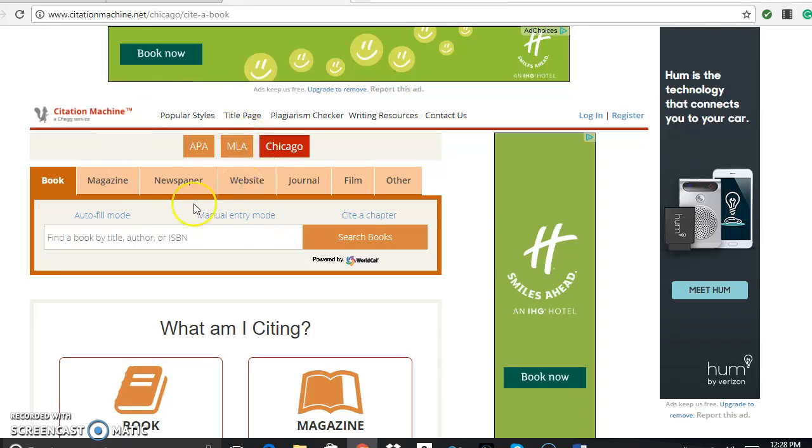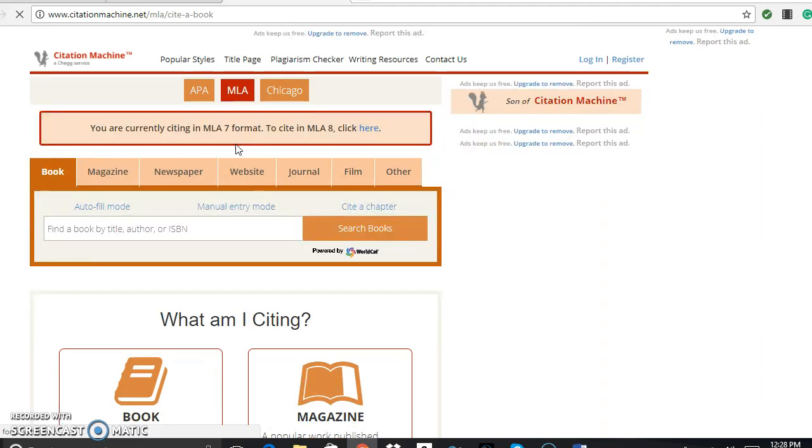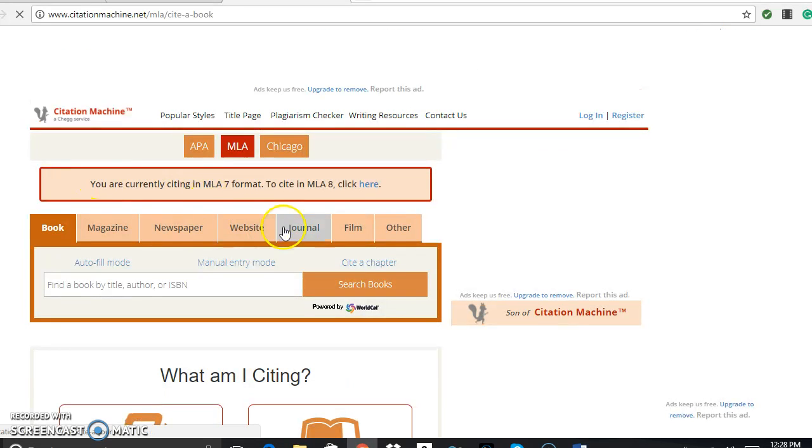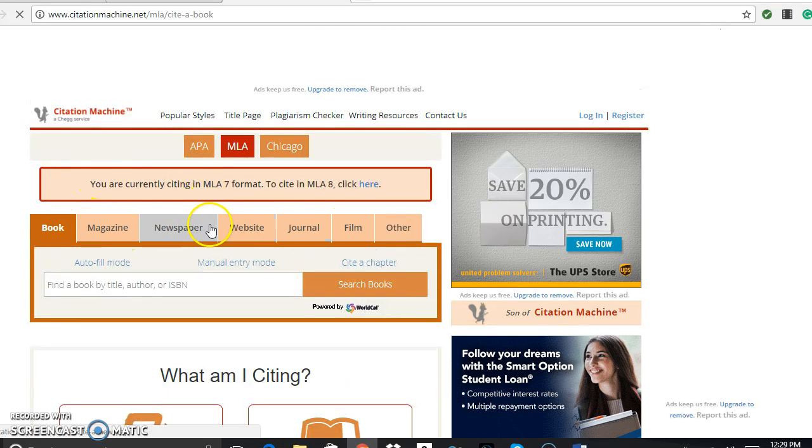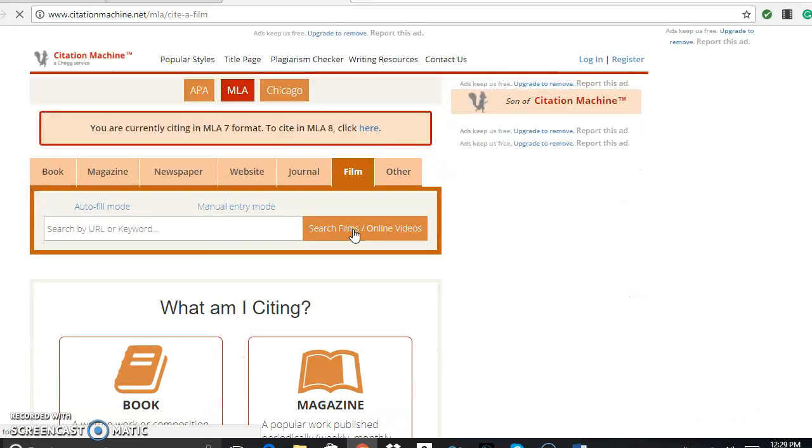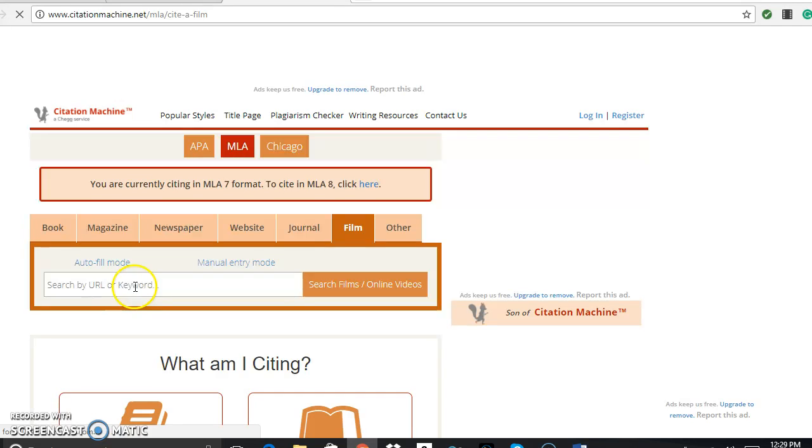There are all kinds out there. There's one called EasyBib. There's all kinds. I just have always used Citation Machine. So first you want to pick the type or formatting style, and we're doing MLA. And then you have a series of options. So if I am doing a film, now if I just put in "It Follows,"